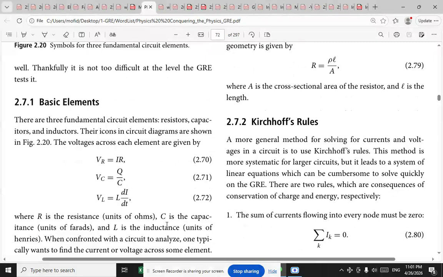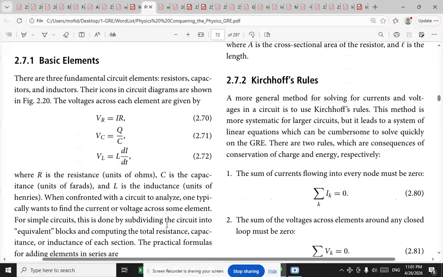V_C, the capacitor voltage, is equal to Q, the charge, divided by capacitance C. The voltage across an inductor is equal to L, a constant for inductance, times the derivative of the current with respect to time, dI/dt, where R is the resistance, in units of ohms, C is the capacitance, in units of farads, and L is the inductance,